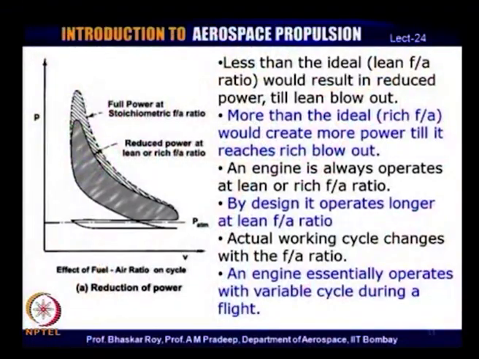Of course, the engine has to be supplied with fuel in a controlled manner within the stoichiometric ratio defined by the chemical property of the fuel. If you can do that, then the engine is in a position to continuously supply power to the aircraft during its entire flight spectrum. Now, to do that, it is necessary that you supply power within the stoichiometric ratio,